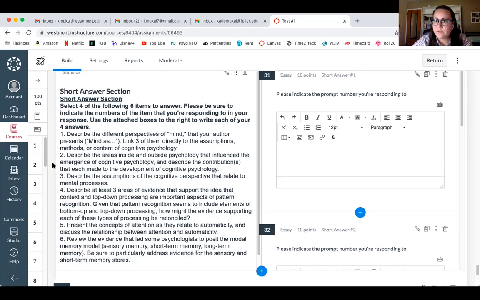Mind is rational. This was like the psycholinguistics area. So you could have talked about Noam Chomsky, for example, really criticizing Skinner. Mind is an information processor. This was like that World War II research with planes and pilots and human factors. Also, you could have talked about radio systems.